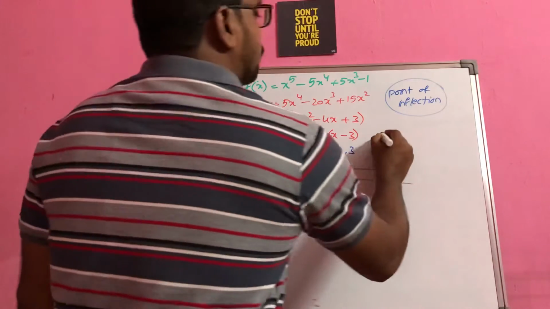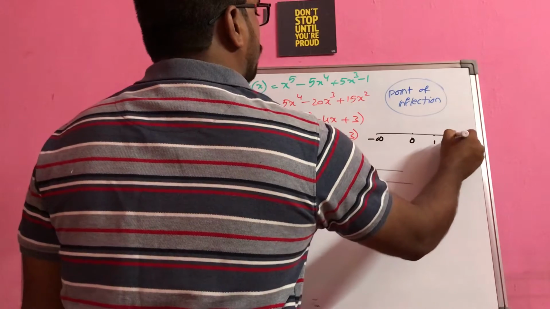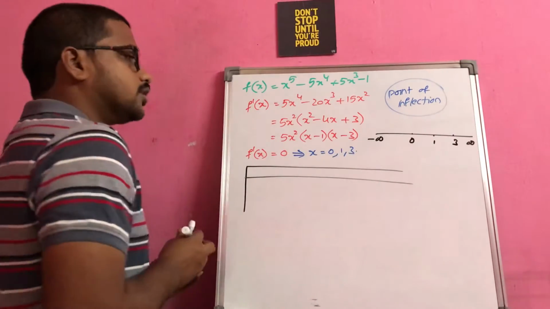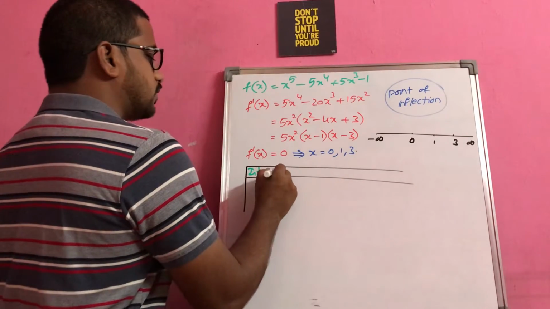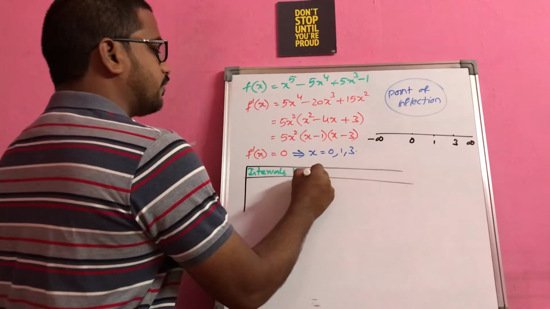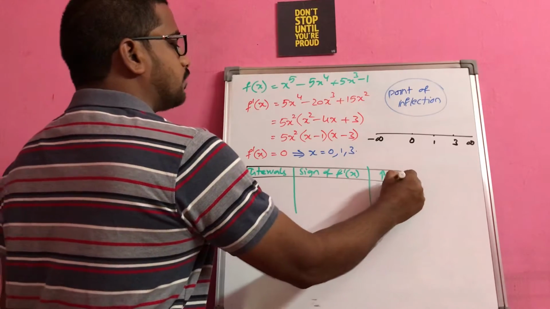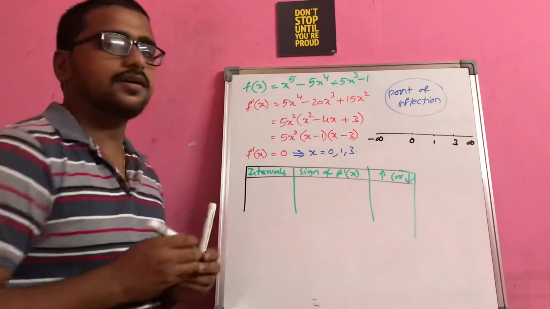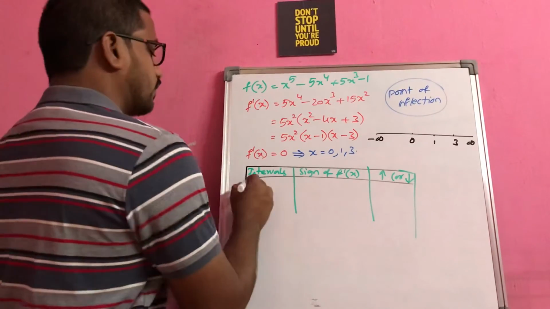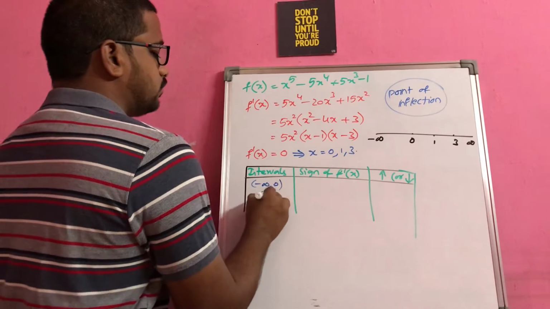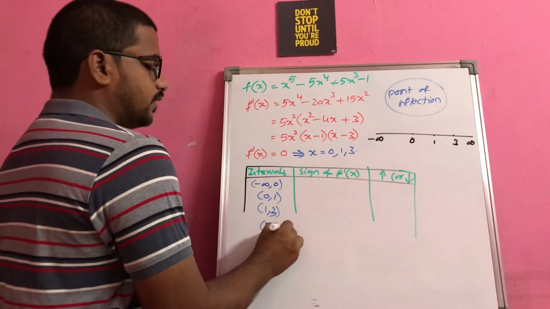decreasing. So if you plot this between minus infinity to plus infinity, I will have 0 somewhere here, 1 somewhere here, and 3 somewhere here. So I will be getting my 4 intervals here. First column I will make for intervals, second column for the sign of f dash of x, and the last column we can come to a conclusion about increasing or decreasing. Okay, so the first interval is from minus infinity to 0, 0 to 1, 1 to 3, and then 3 to infinity.